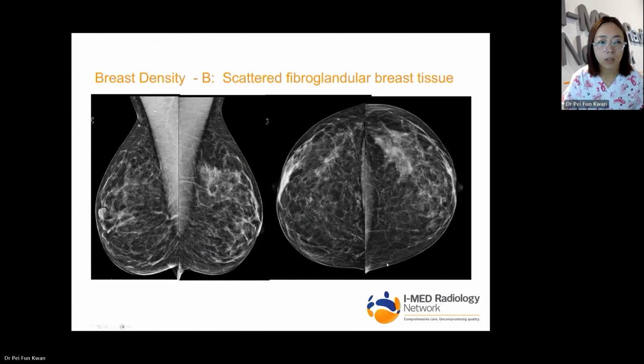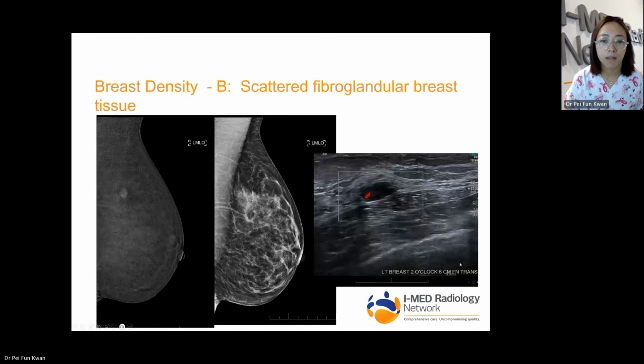Now, breast density B, scattered fibroglandular breast tissue. You can see it's getting harder to tell because there's increased density here. Some people have asymmetrical fibroglandular breast tissue, but